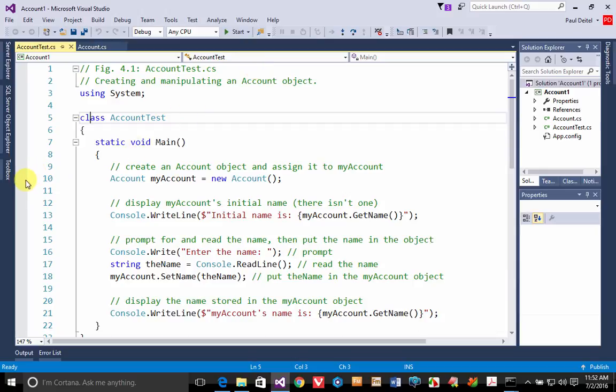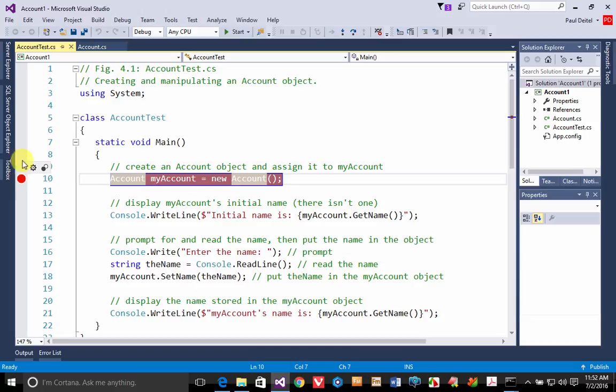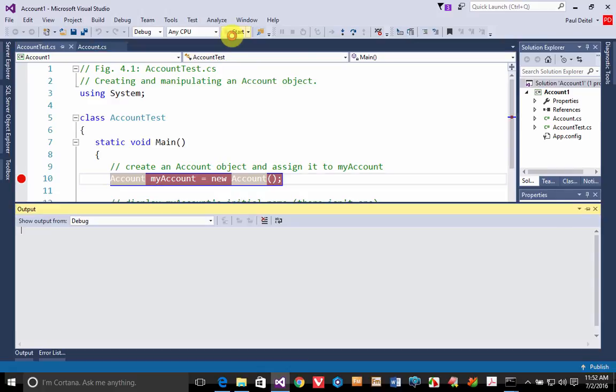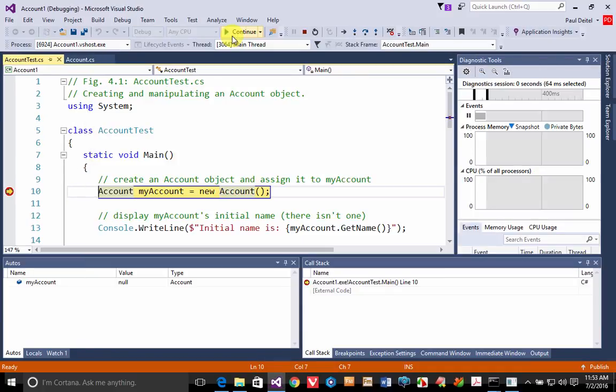So to do a breakpoint, we're going to click in the gray bar over here at the left side of the editor window, and you'll notice it gives me a red stop symbol, and then it also highlights that line of code indicating that it is a breakpoint. And when you start debugging and have breakpoints enabled, the first breakpoint that's encountered, the program will stop executing at that point, highlight it in yellow by default, show you an arrow indicating that's the statement that's going to execute next,